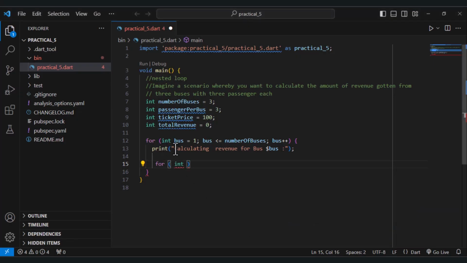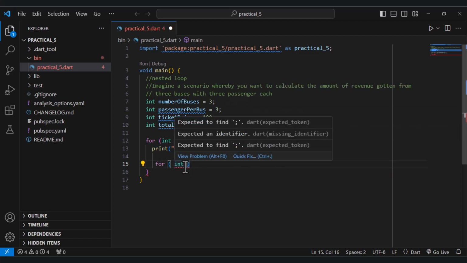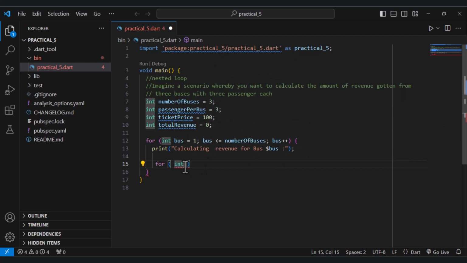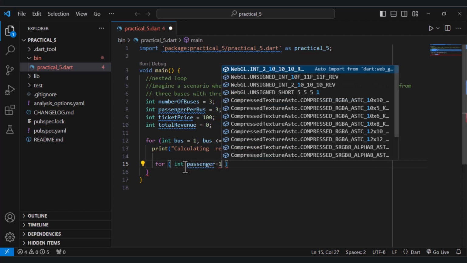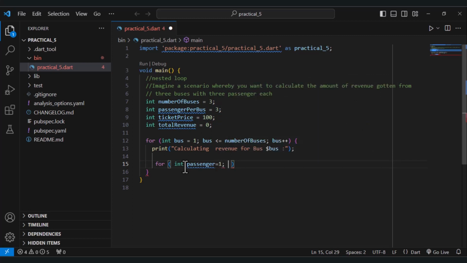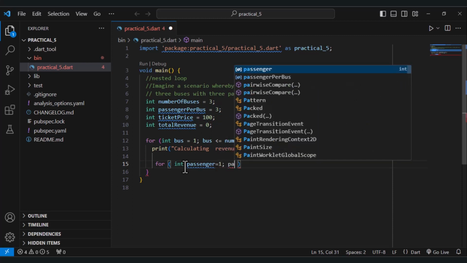So the outer for loop talks about the first bus, the second bus, and the third bus, just like you saw in the slide. And now the inner for loops are going to talk about each and every individual passenger that we want to consider. That is every passenger in the bus. So talk about the first passenger, then the second passenger,